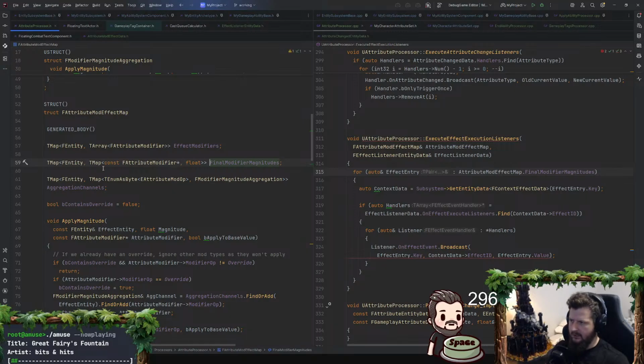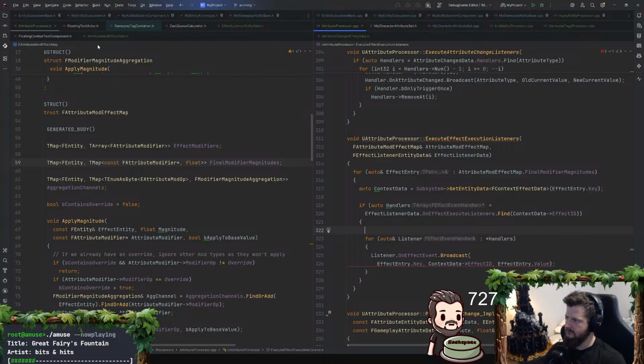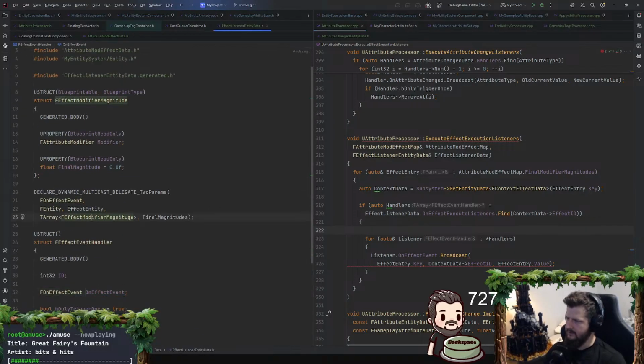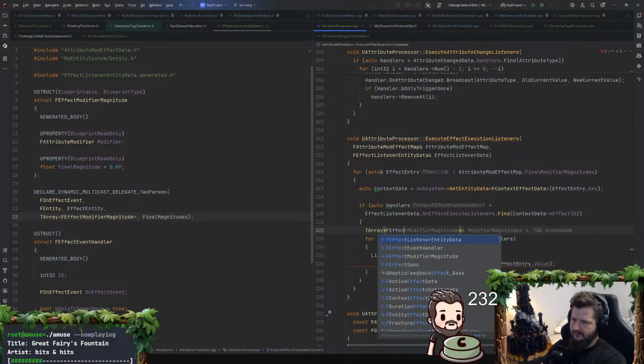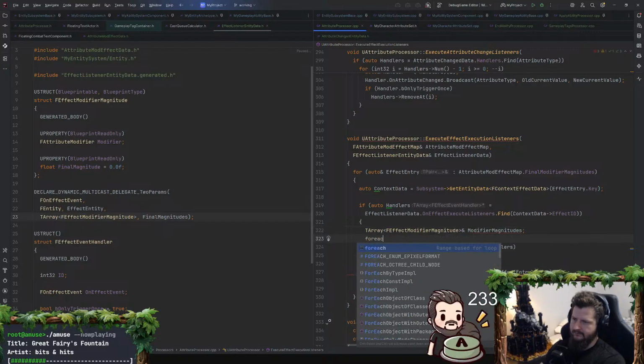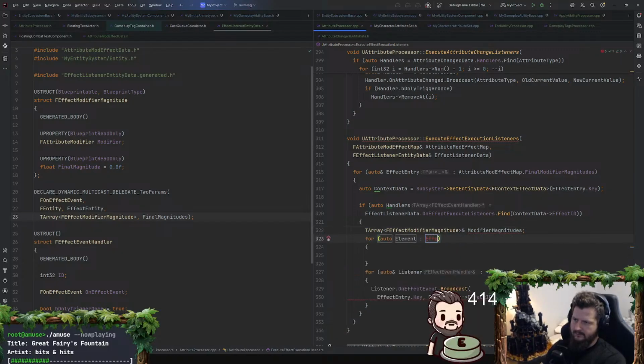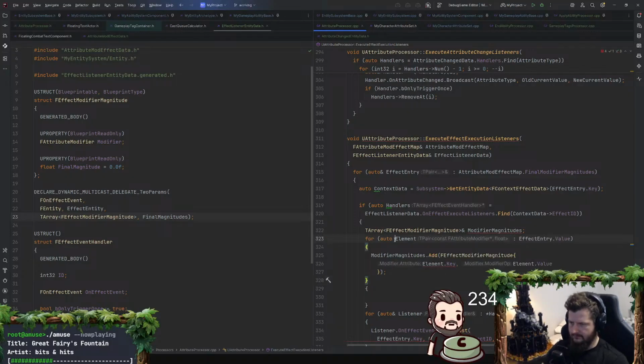Then I need to tabulate the final things. It's an array of effect modifier magnitudes. Okay, so TArray of effect modifier magnitudes, and then for each on effect entry dot value, this is the final modifier magnitude.